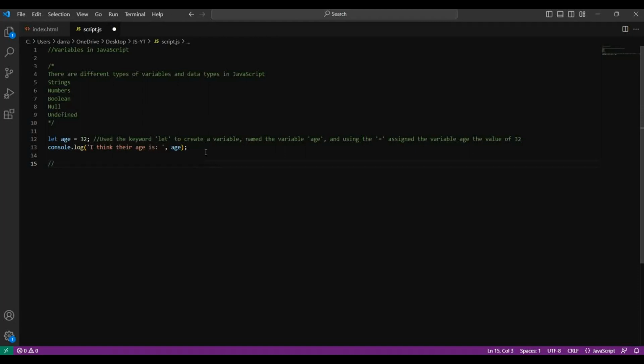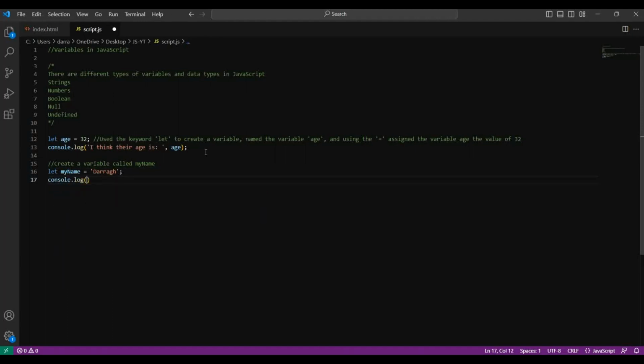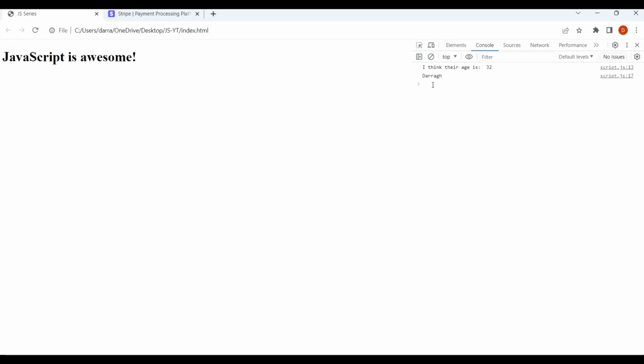Just for practice, I'm going to write a comment. We're going to say create a variable called, I want you to call it my name, and write out either your name or someone that is your hero. So what we're going to do is, again, we're going to say let, and I'm going to create a variable called my name. I'm going to assign it the value of Dara, so single quotes, okay? And then I can log out the variable my name to the console. So my name, and if I save and refresh, let's have a look, and we get Dara is logged out